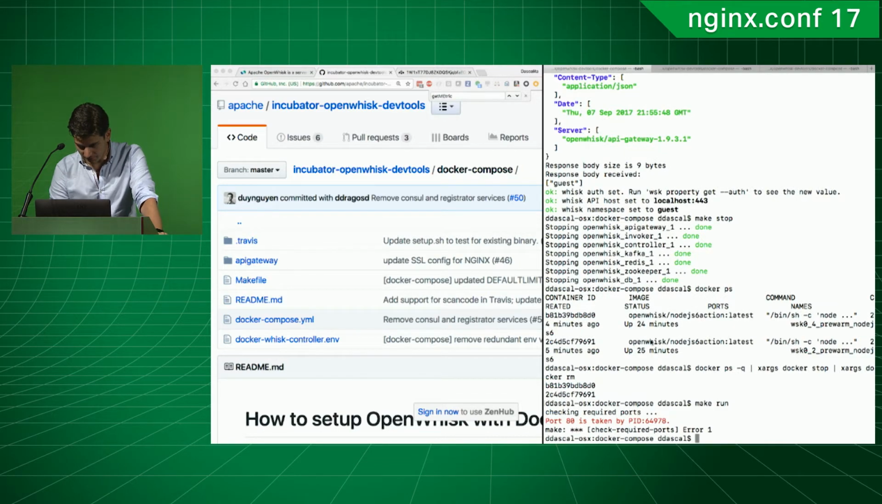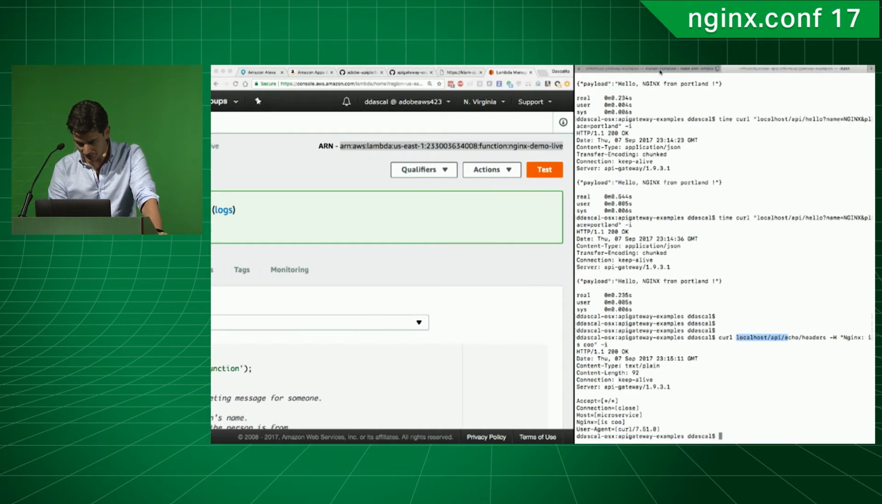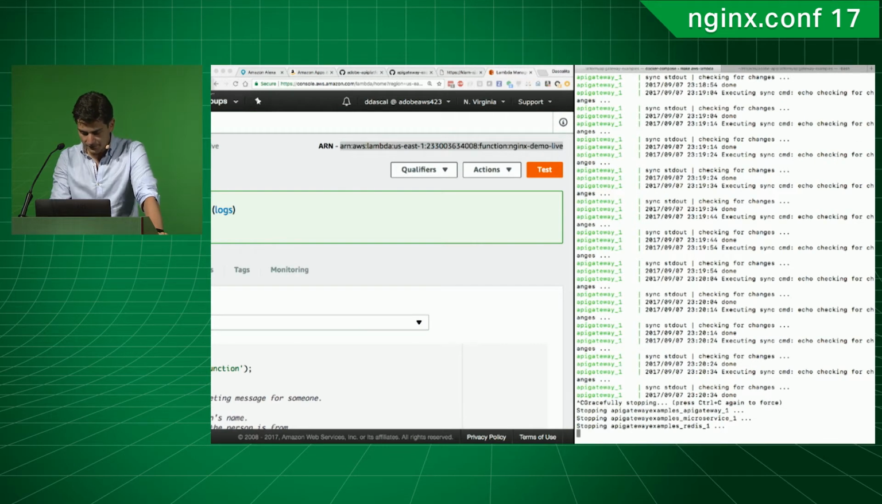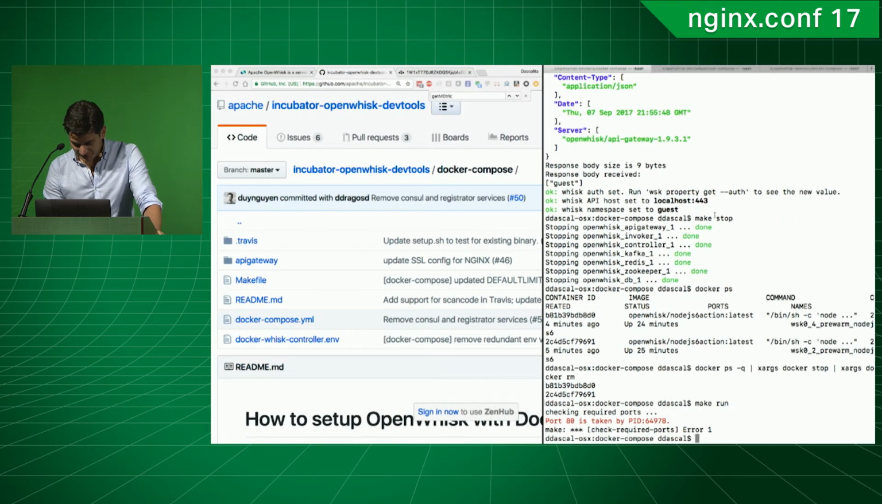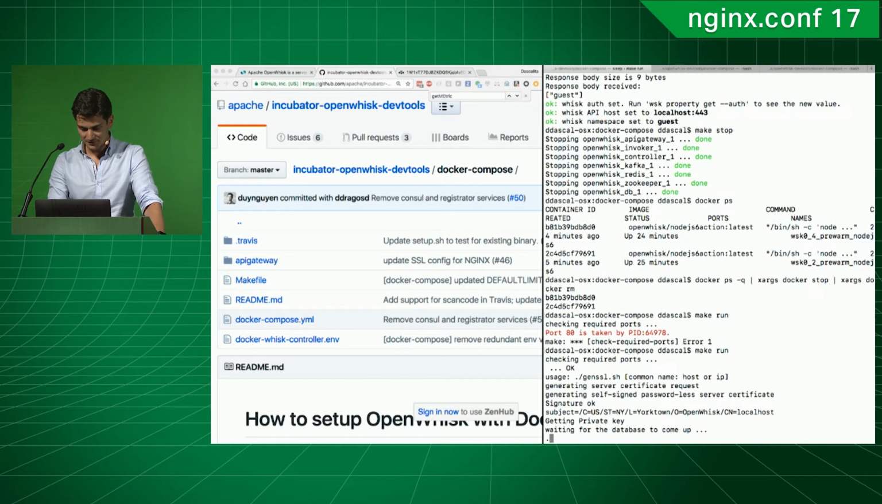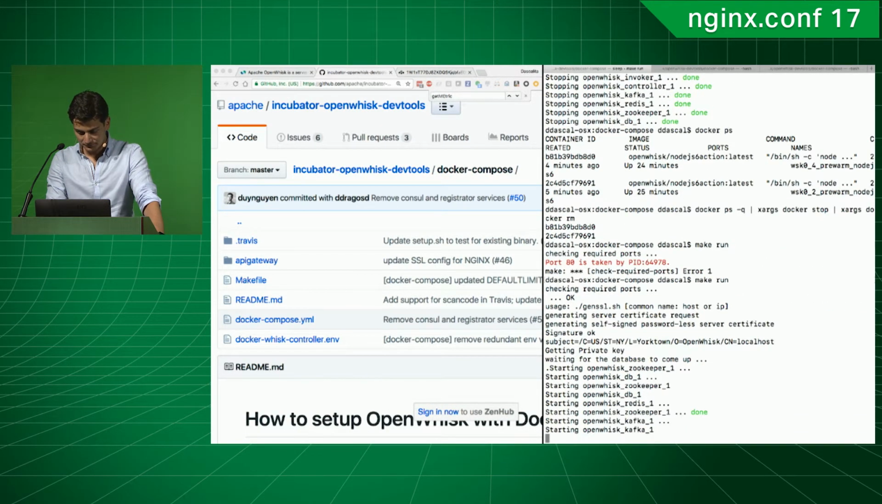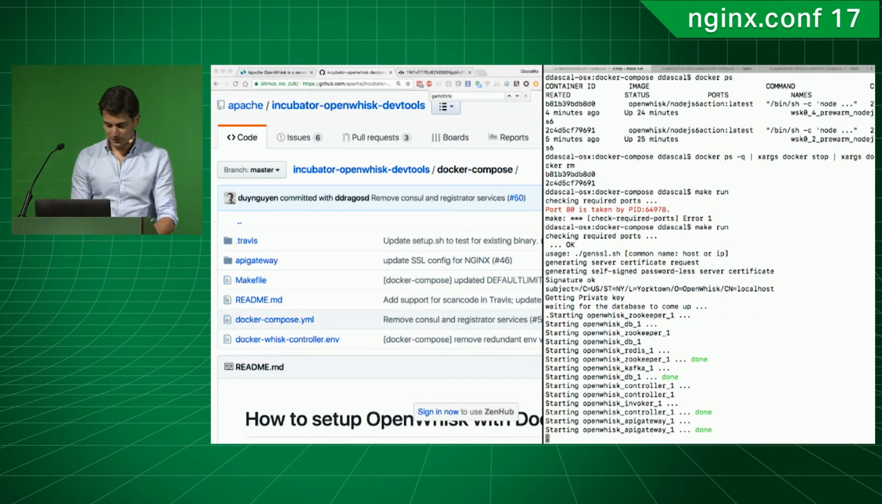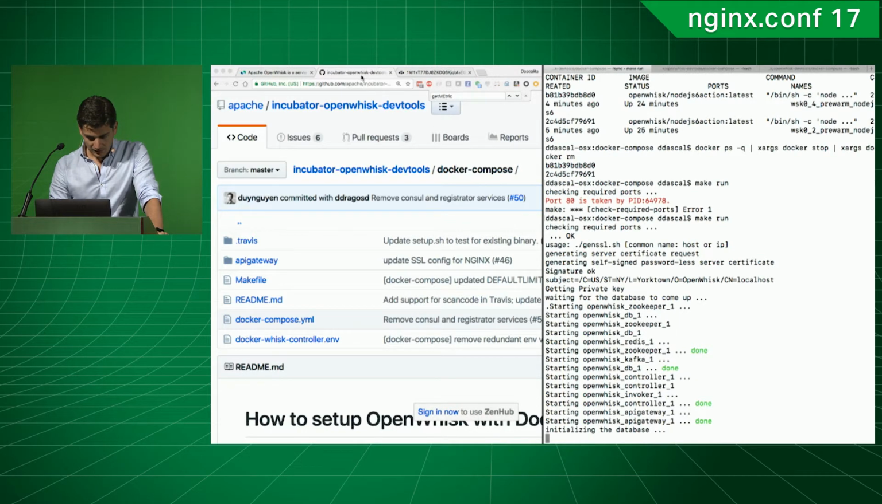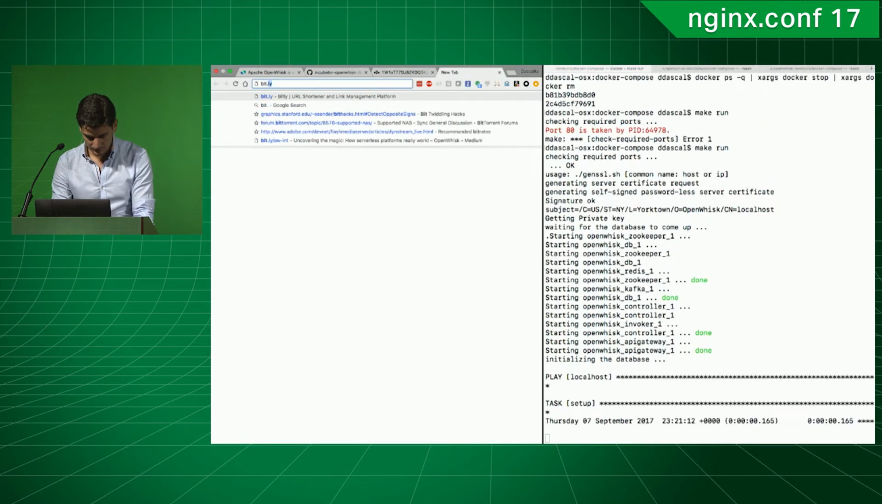OK, port 80 is taken, so I need to stop the previous example, which I'm going to do right now. Come on, Docker, faster. All right, good. Now let me go back to make run. I'm just going to give it a little bit of time for everything to be created. And if I go now to bit.ly